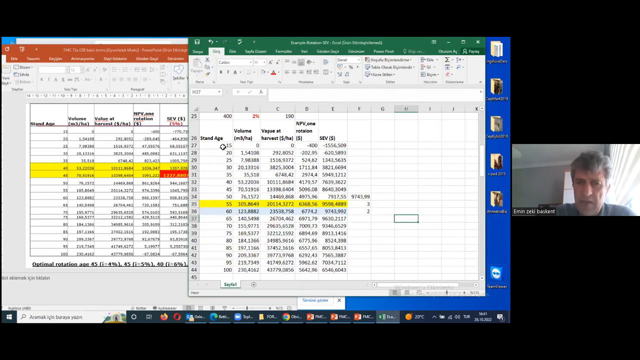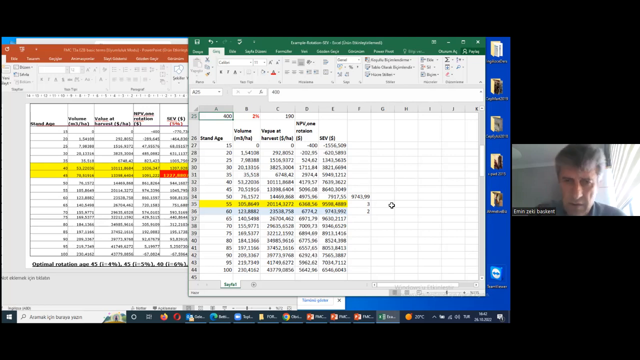As you can see, we did not change other values. The stand grows to the same development pattern or the yield curve. We did not change the price at all. We did not change the cost of plantation at the beginning. Nothing has changed, but we have only changed the discount rate in order to see the effects on the rotation